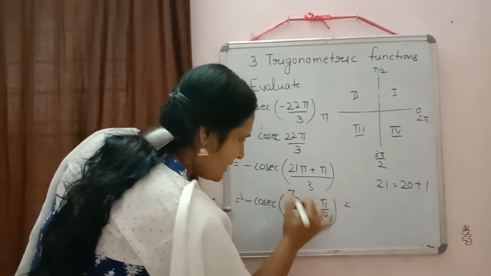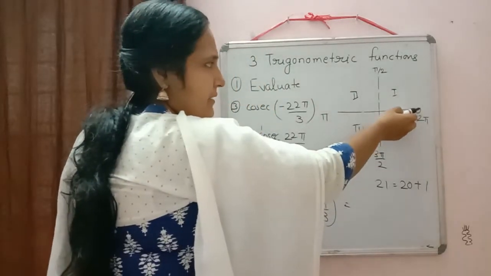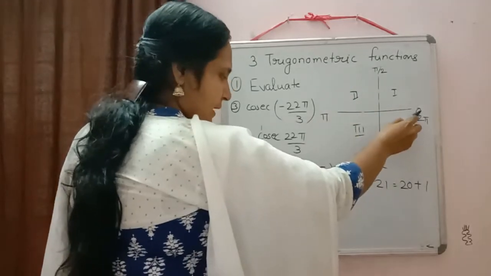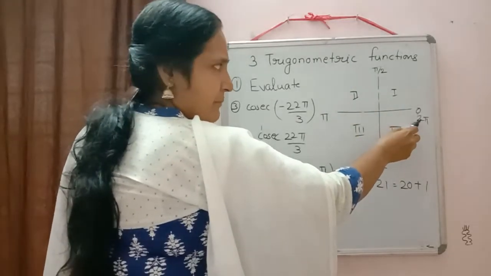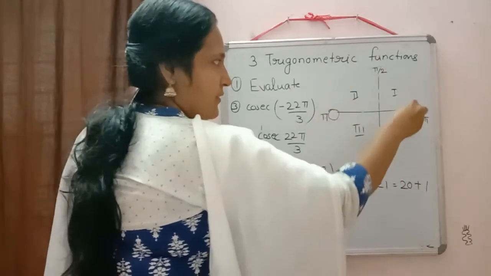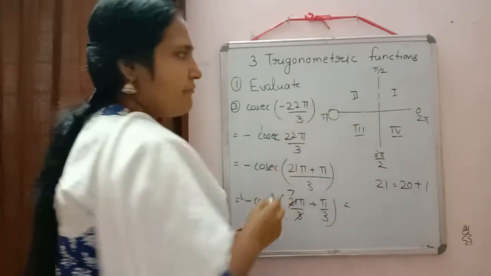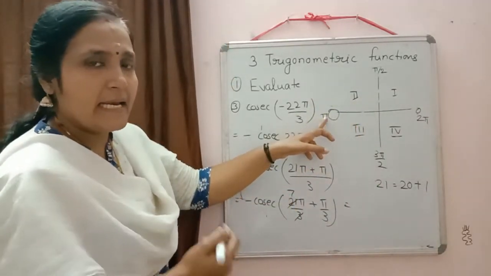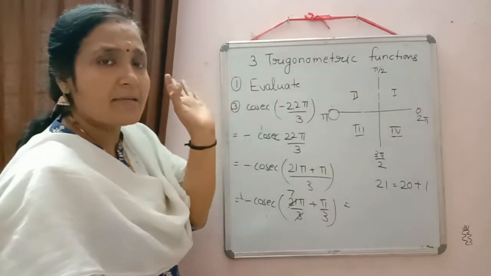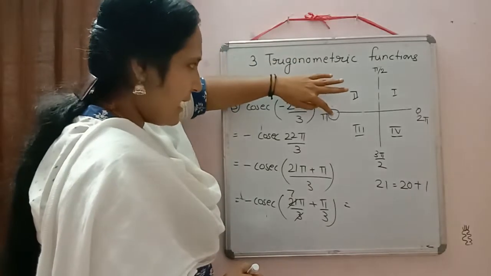So here we can cancel it, 3 sevens will come. Now we will check there. Again 2 pi, then one more round will be 4 pi, then again 6 pi. So here always even numbers will come. Odd numbers will come here. Correct? Pi, then 2 pi, 3 pi, 5 pi. So whenever you are getting an odd multiple of pi, you are here in the negative direction of the x-axis. For an even multiple, you are in the positive direction of the x-axis. So at present at 7 pi, meaning we are here.